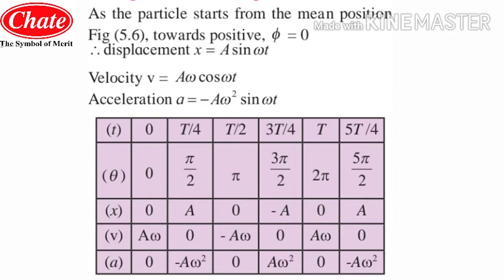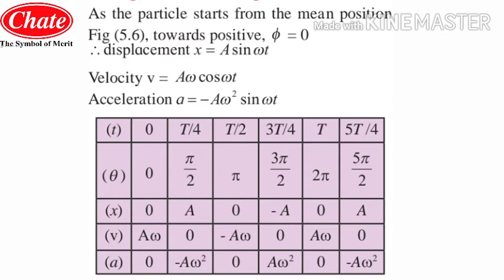First of all, we will put the value of t equal to 0 and theta equal to 0. Then the entire term we will get in the form of a omega. As cos 0 is 1, the term will remain only a omega. So the velocity at theta equal to 0 will be a omega. Now when we put the value of pi by 2, then the value of velocity will be 0.